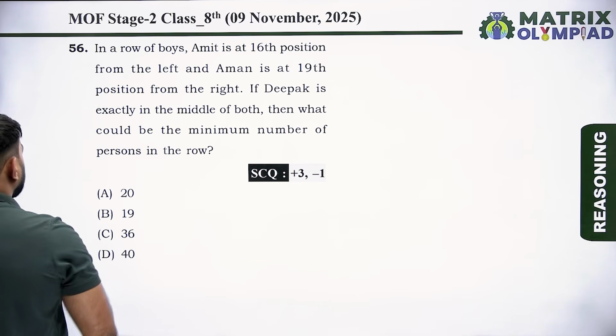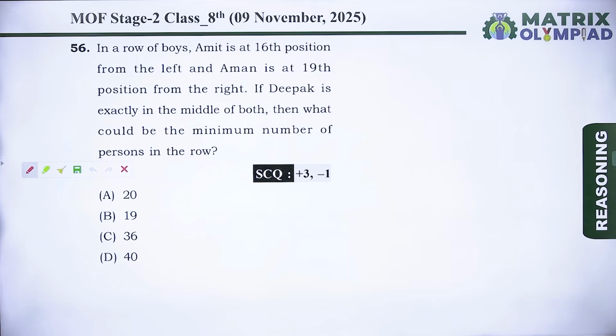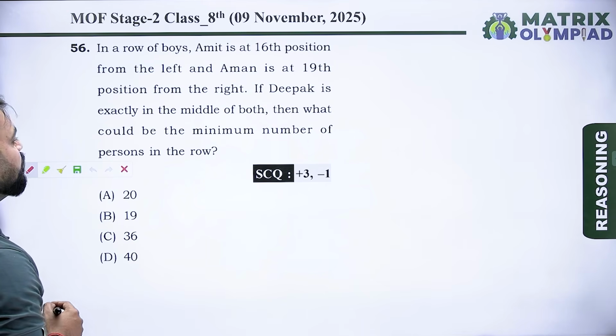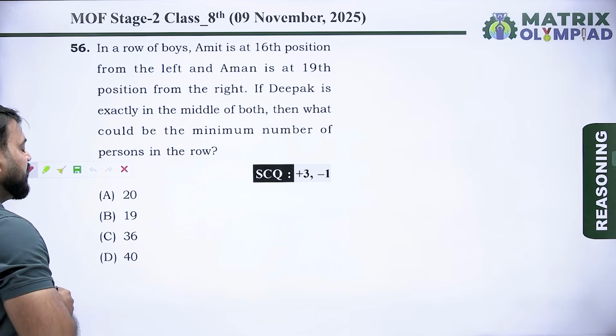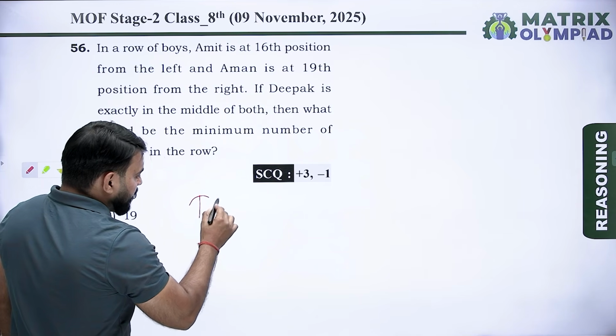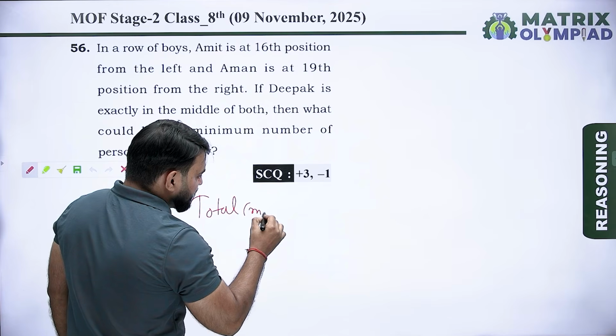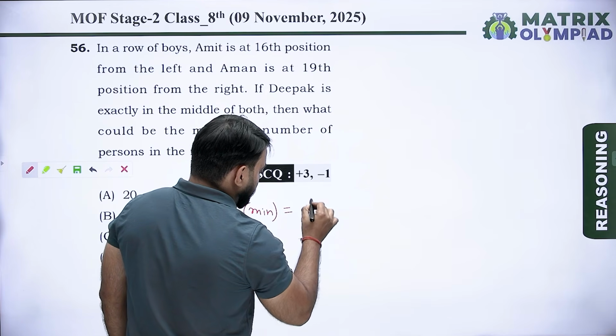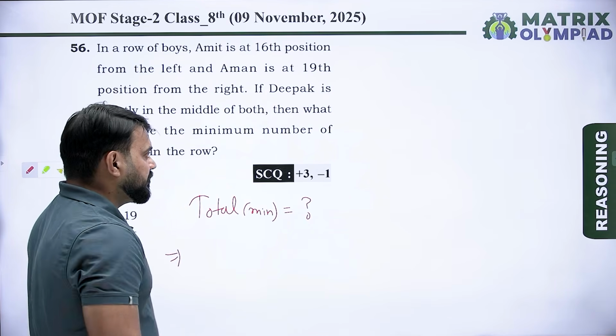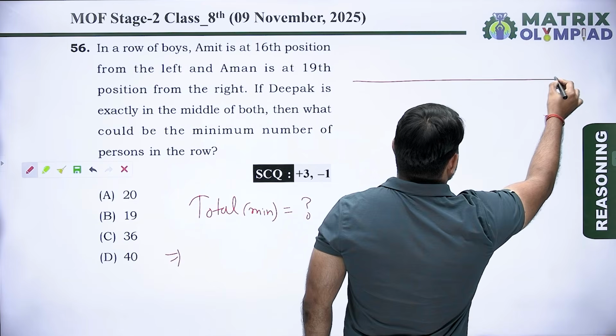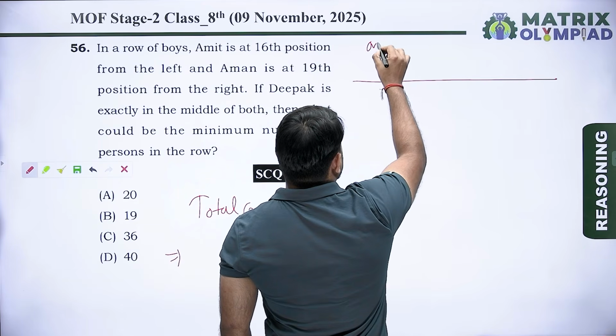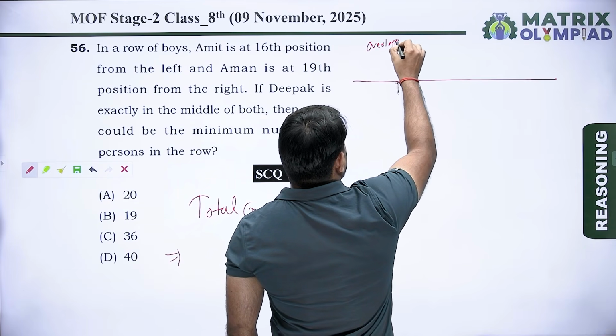So now next question is question number 56. In a row of boys, Amit is at 16th position from the left and Aman is 19th position from the right. If Deepak is exactly in the middle of both, then what could be the minimum number of persons in the row? Find the minimum number of persons in this queue. For the minimum number of persons, use the overlapping case. So in the overlapping case,